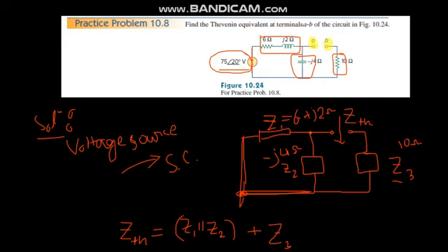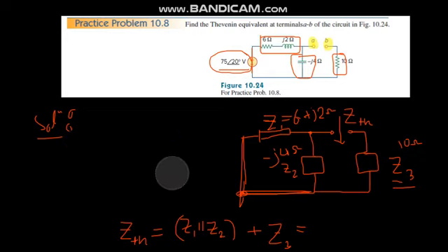So that will be 6 plus j2 parallel to minus j4, and that is connected in series with the other 10 ohms. So the final equation will be, first of all we have to find the equation, then calculate. So now you can see Z1 parallel Z2,